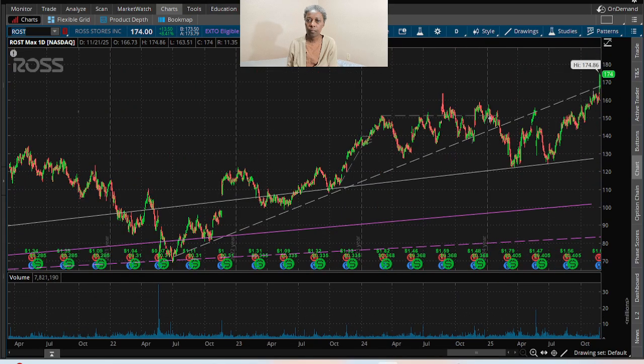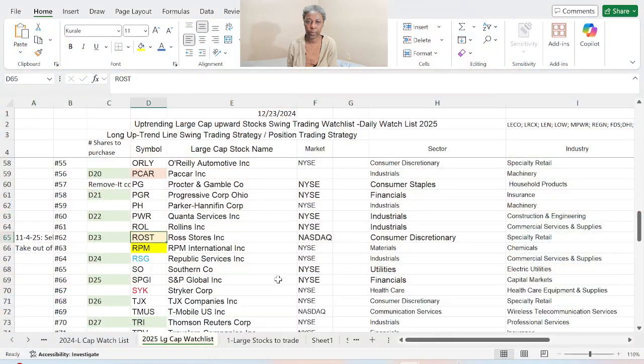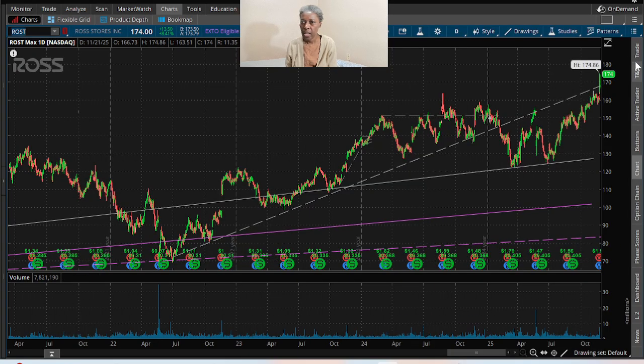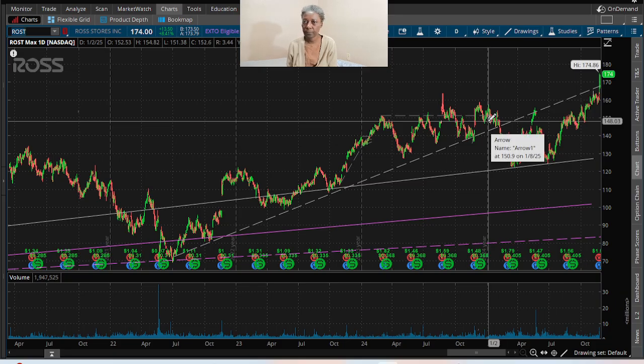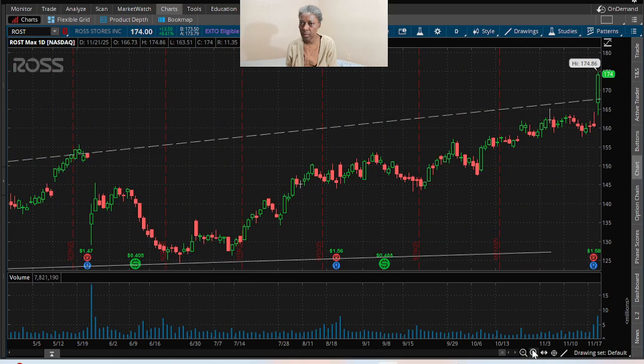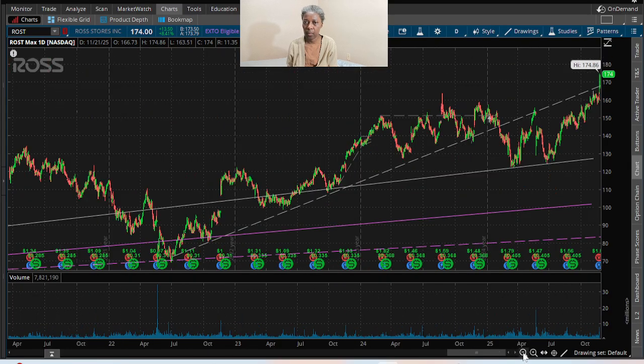ROST. And when you look at ROST, it is going up, we purchased it, that's why it's highlighted in our portfolio. And so we purchased it somewhere here, and that is the price corresponding to it. But I think we could have purchased it, I didn't think we purchased it that long ago, but yeah, so we purchased it right at the beginning of